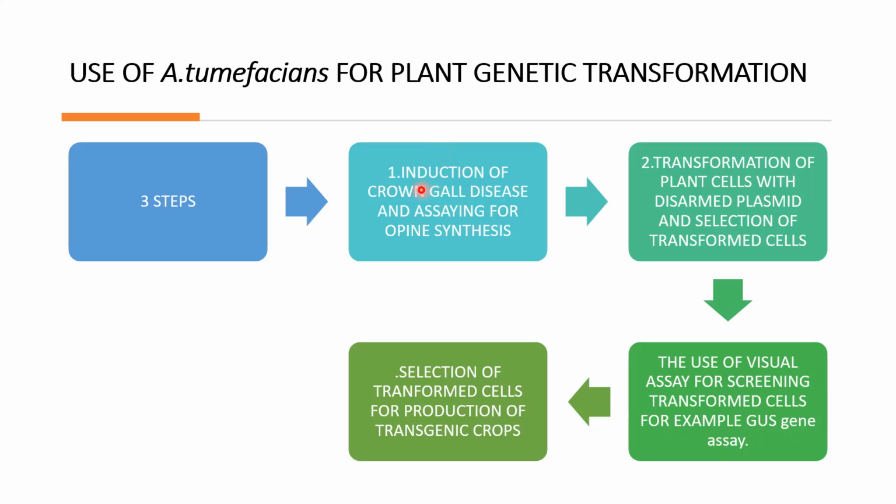So the first step is induction of crown gall disease and assaying for opine synthesis. Second is transformation of the plant cells with the disarmed plasmid and selection of the transformed cells. Third is we can go for marker genes. For that, we can also have the Gus gene assay, the use of a visual assay for screening transformed cells. And we can also select transformed cells, and we can use those transformed cells for production of